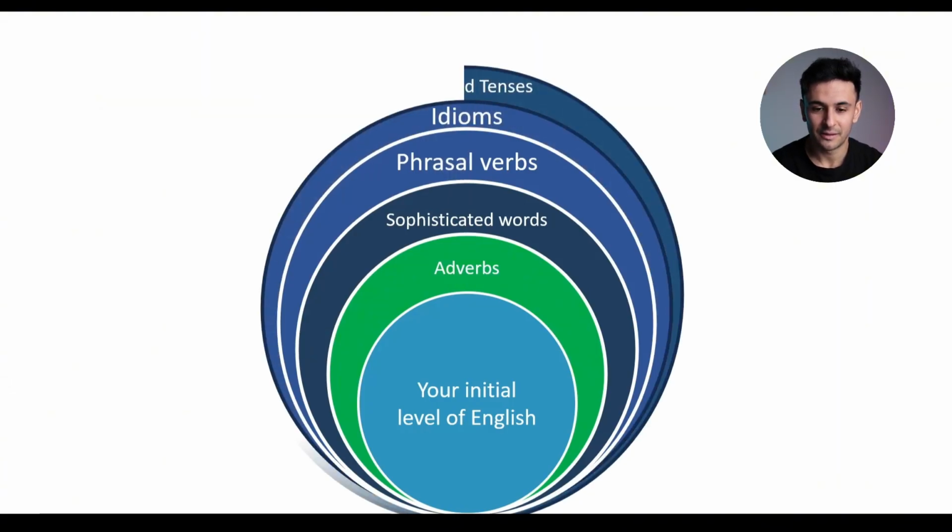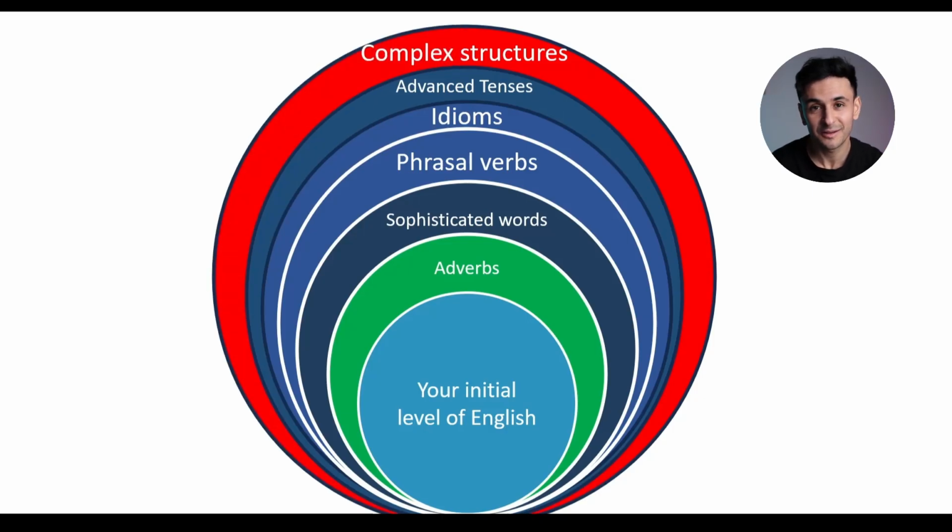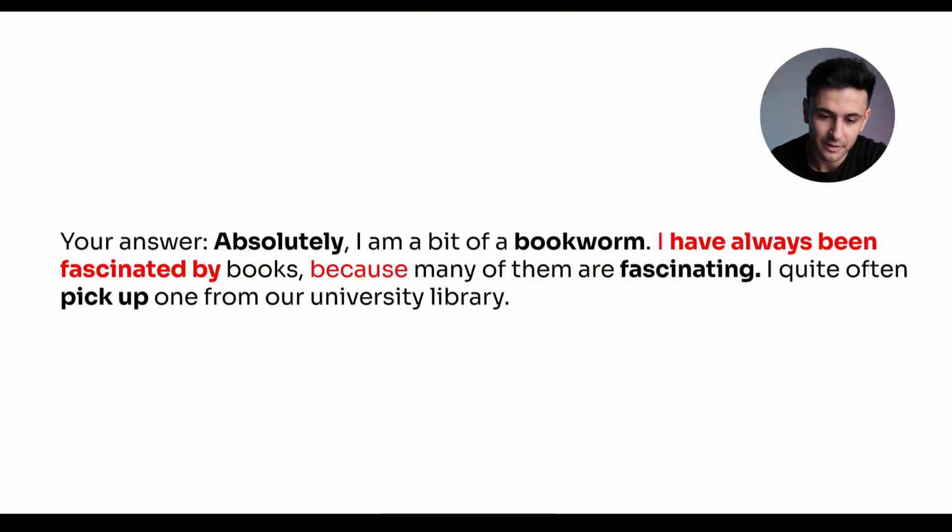Last time we looked at idioms, advanced tenses, and now we just added complex structures. Can you already see the difference? We started here and you are continuously adding all these different elements to your speaking skills. So please practice those. But to demonstrate how the question is going to look, your answer should be,